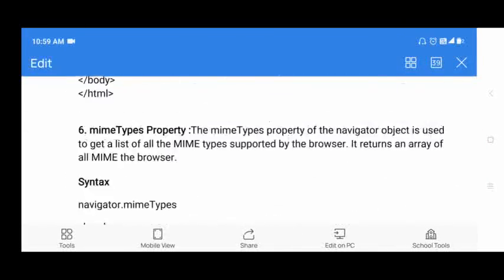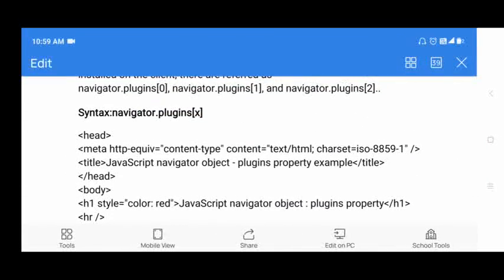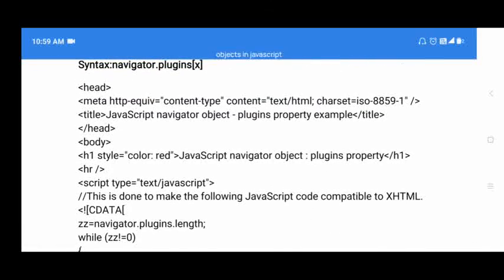So this is about objects in JavaScript. Objects store different properties and methods. For example, if you want to perform any string manipulation, then opening the string object is enough. You need not open the remaining objects. Depending on the nature of the functions and properties, they are stored in one section, and that section is called an object. So an object contains properties and methods. Whichever property or method you want to use, you just call that object; you need not call all the remaining objects. So this is about the built-in objects in JavaScript.